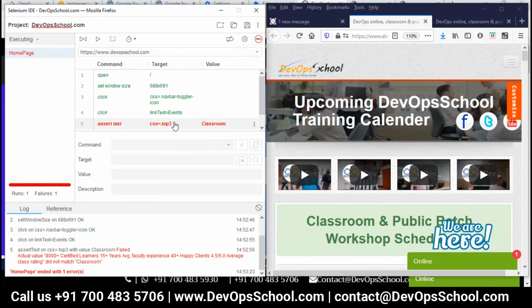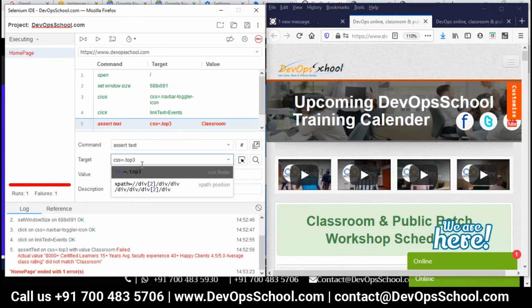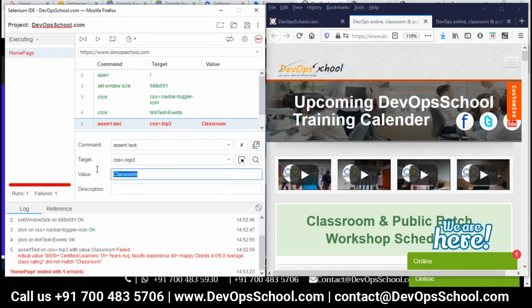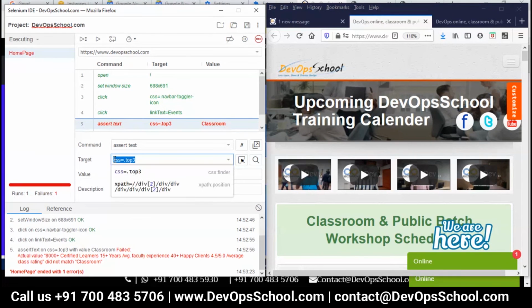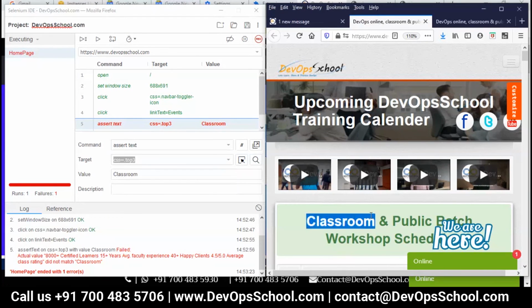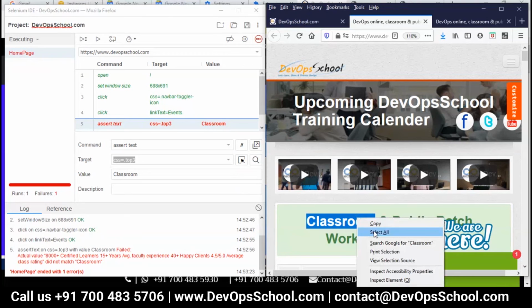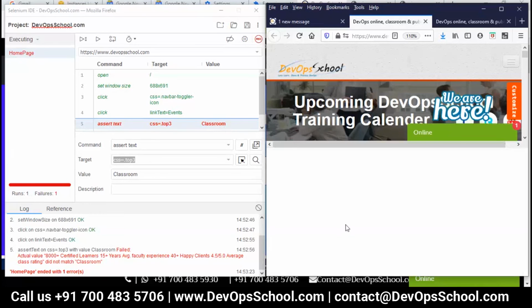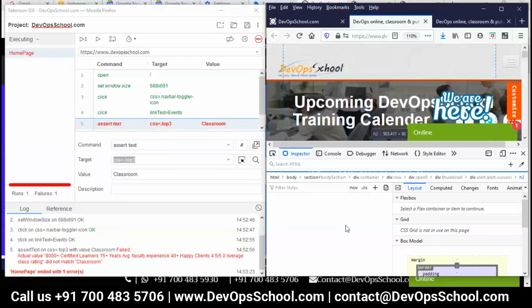Why? Because this was a problem. Target. They were looking for the text classroom in the element which is CSS equals top3, which was not the case in mine. I want to inspect this element where this classroom is. So locate that.